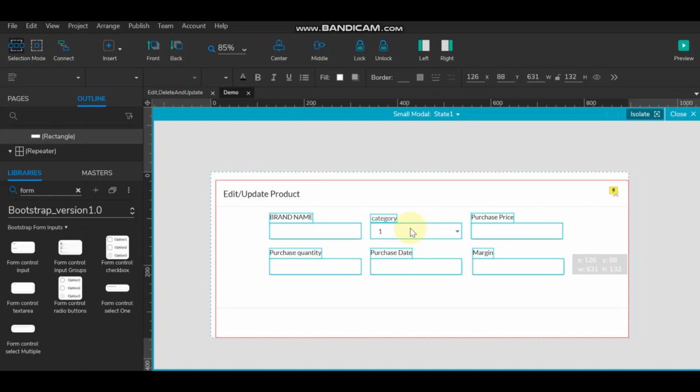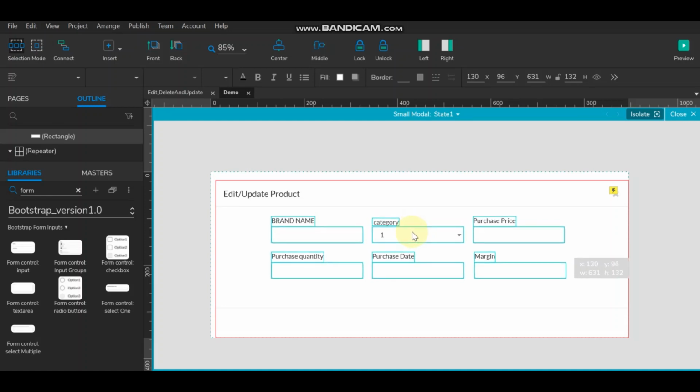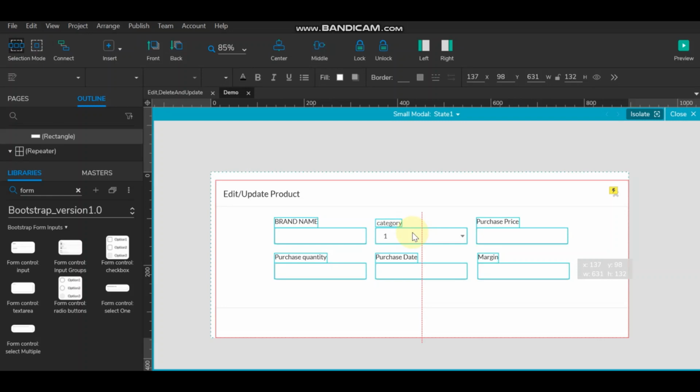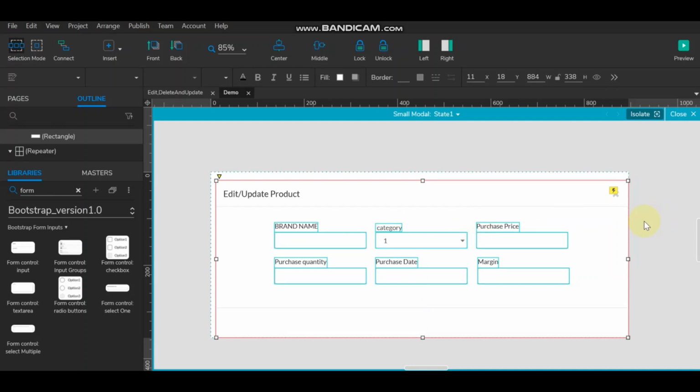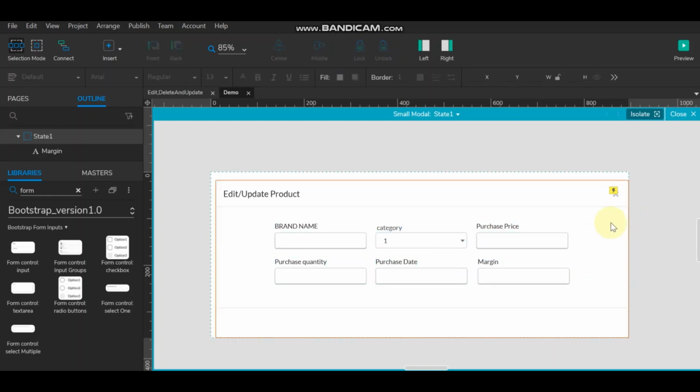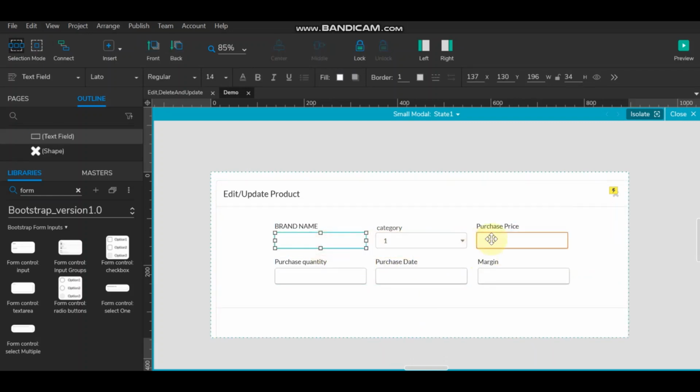So I will just make it the middle and the center alignment. Now this alignment is perfect. So here we have this 14 and this 14. Okay, because of this small, then